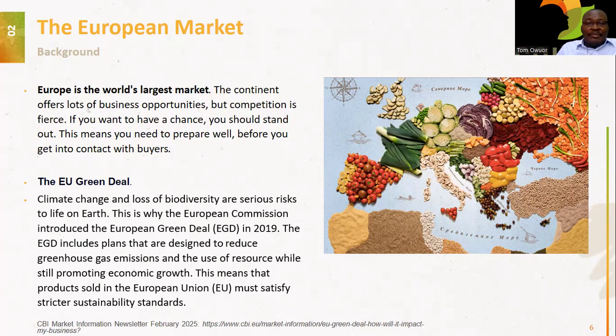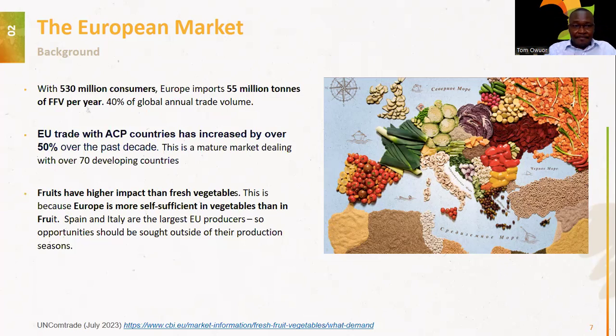So I would wish that maybe at some of your free times, you please spare some time, maybe 10 or 15 minutes, to appreciate the EU Green Deal, because this is now becoming a must for various companies to be able to position their products into the European Union market. And these things keep on changing every now and again, and therefore we must keep ourselves abreast with changes in this market.